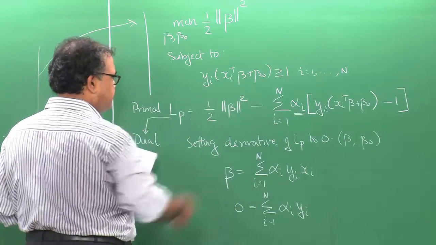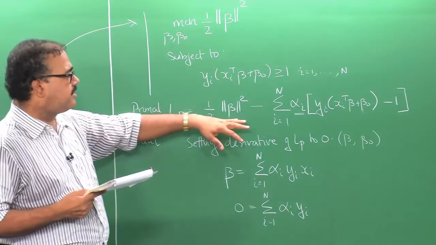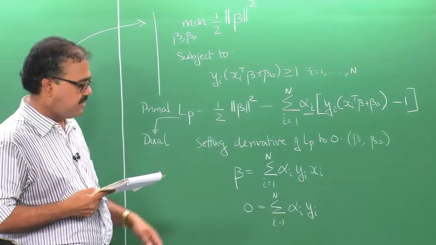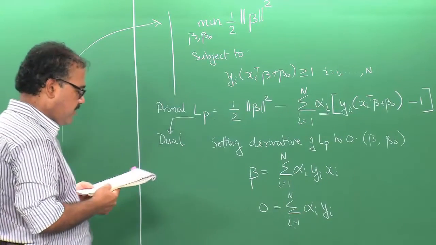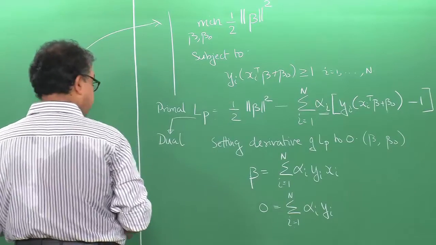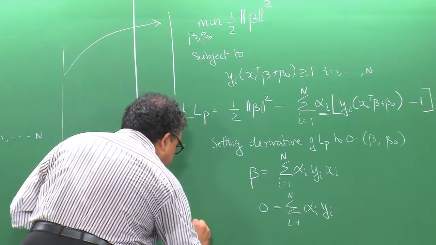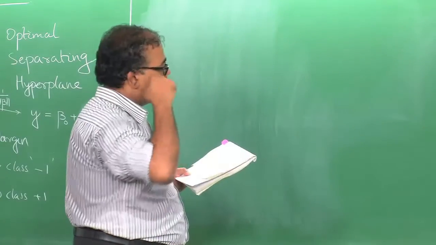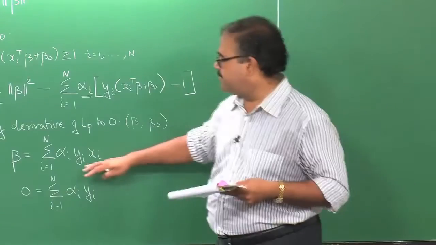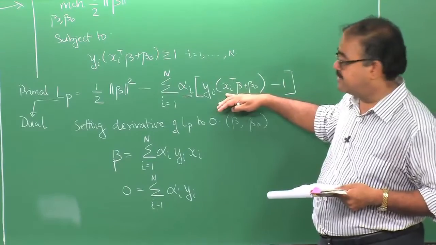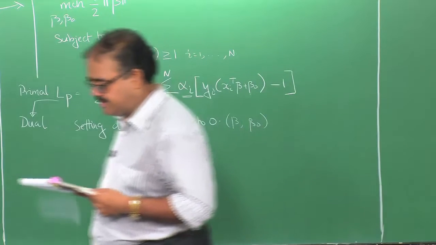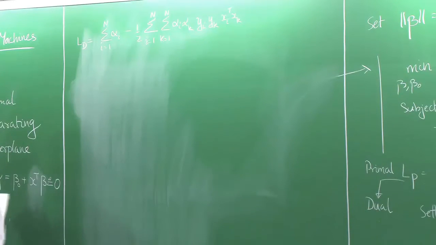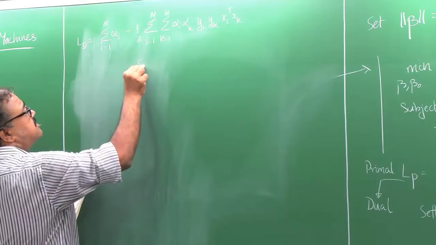So, I can substitute these back into the primal problem and do a lot of algebra, and then I can simplify this and I will get what is known as the dual. Let me write the dual here. This is really obtained by substituting your beta into the expressions here, and then using the fact that the sum of alpha i y i would be 0 at the optima. But then it is subject to the constraint.